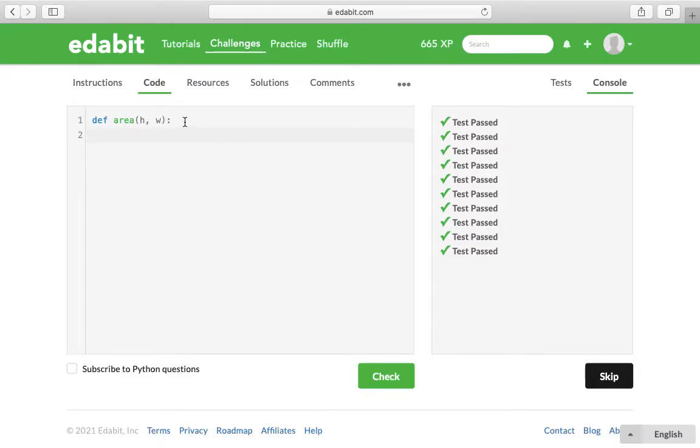As always, Edabit sets up the syntax for defining a function, and the arguments are h and w, h for height, w for width. So I'm going to set up an if-else statement. If the height is greater than 0, that'll make sure we don't include any zeros or any negatives, and the same thing is true for width is greater than 0,